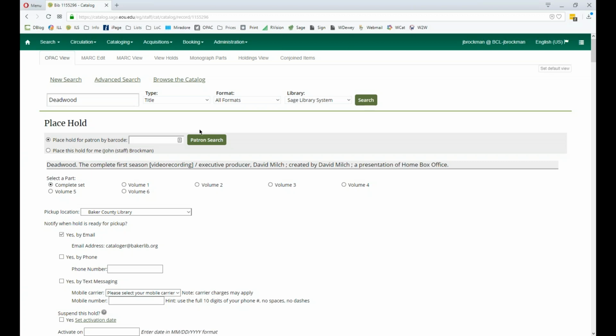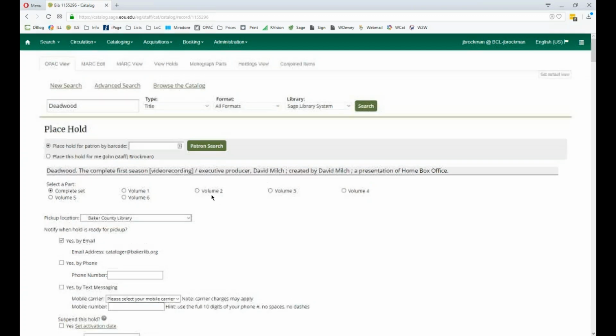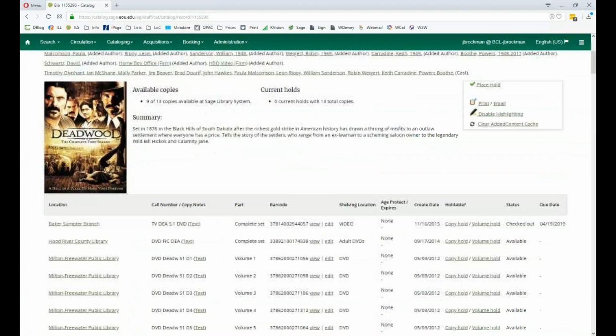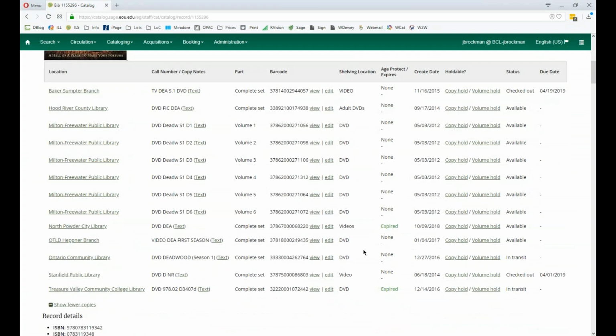Say, for example, I don't have one right with me, but let me go back to Deadwood here. Let's say, just for the sake of argument, that none of these parts were here. So if no library had assigned a part, and then I go and add an item,